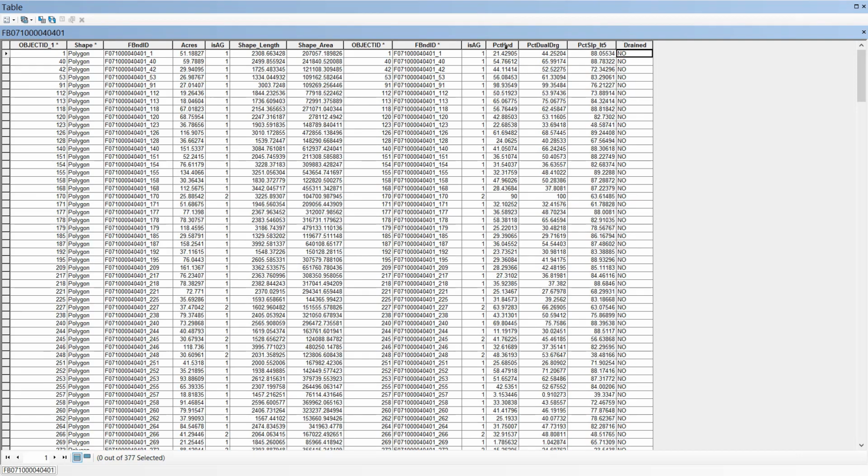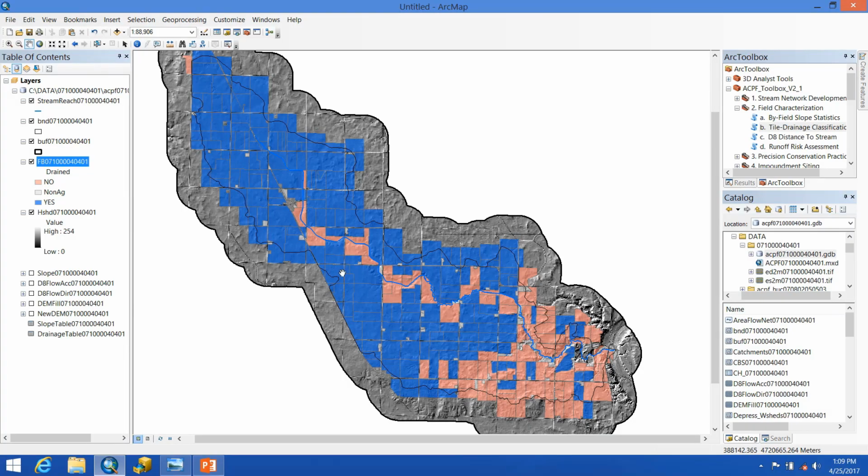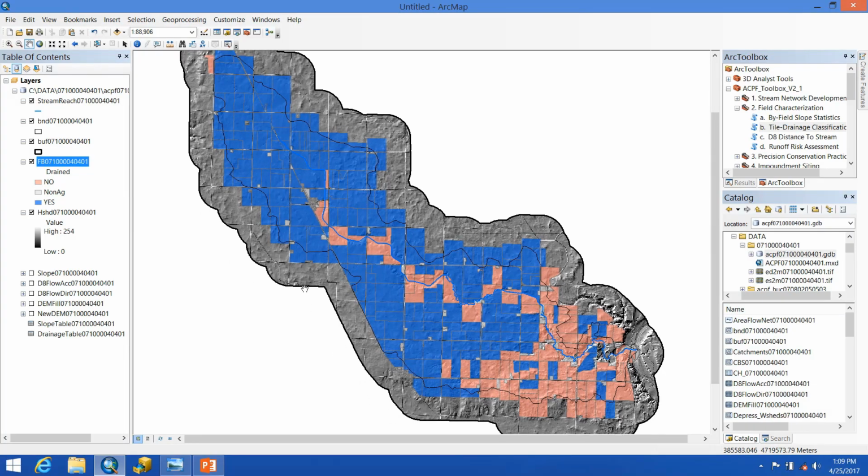And I can see why these aren't likely to be tile drained. For example, here, my hydric seems to be just fine. It's all above 10%, at least for the majority. There are a few that don't qualify. But it seems more so that the percent slope being less than 5% is the reason that these are not tile drained. You can see that these are not making that 90% or higher of each field qualification. So this is helpful for visualization, but don't forget to actually look deeper into your table to see why they are or are not likely to be tile drained.